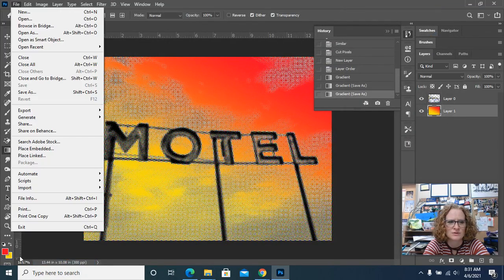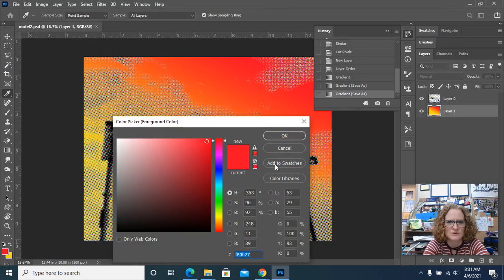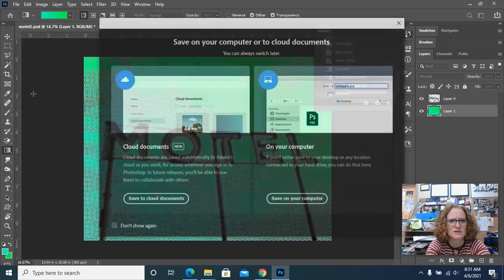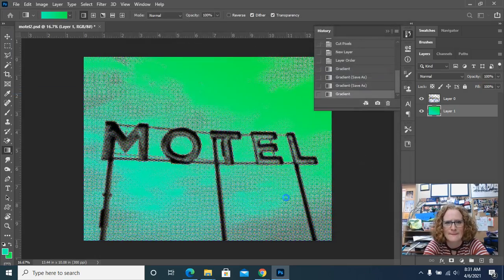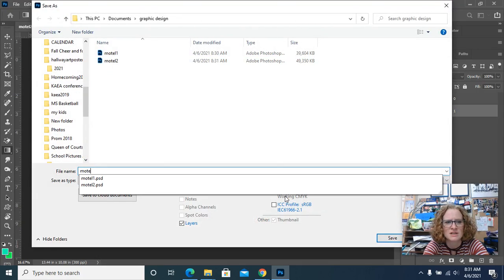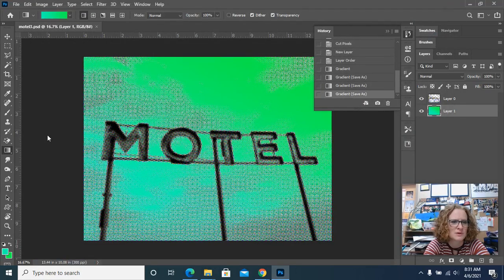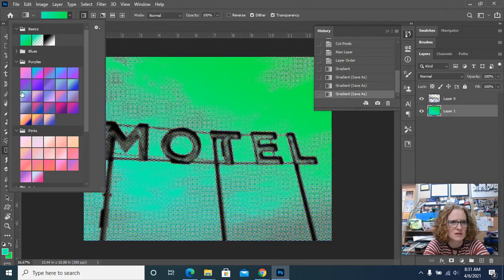I'm going to do a different gradient now so I can get 4 different combinations. Motel 3. You can make gradients that have more than 2 colors, but I'm just going with 2 for now, keeping it a little bit simpler. Let's try